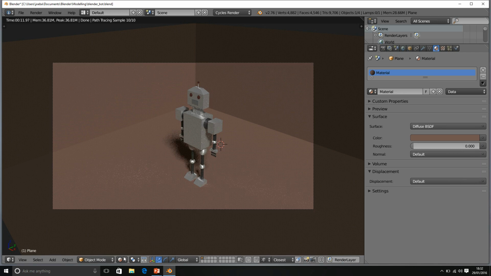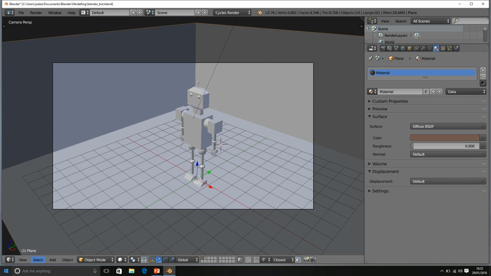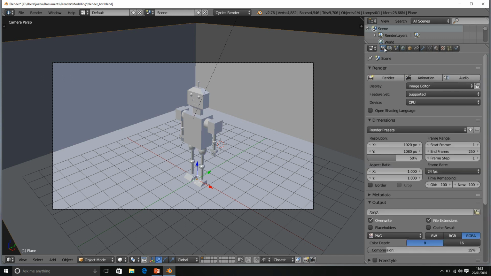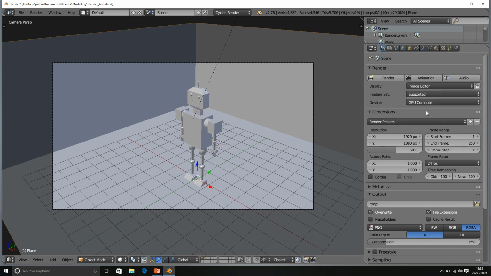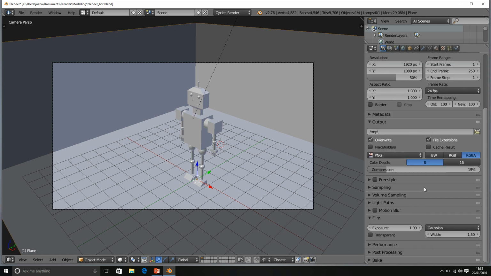So the final thing we're going to do is we're going to render this image. This is what we're going to be rendering, this image here. So we're going to go into the render tab, and for me I'm going to switch this to GPU compute because I have a really powerful GPU to use. I'm going to keep the resolution settings as they are, and I'm going to keep the file format as it is, but I need to select an output. So I'm going to select this button here,